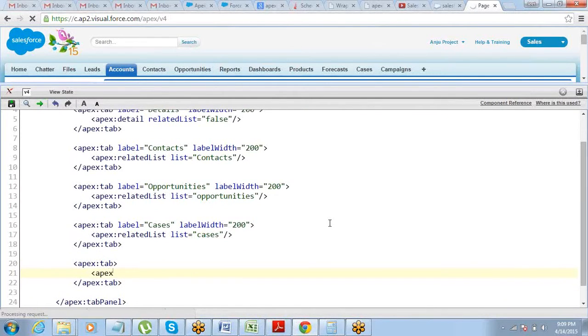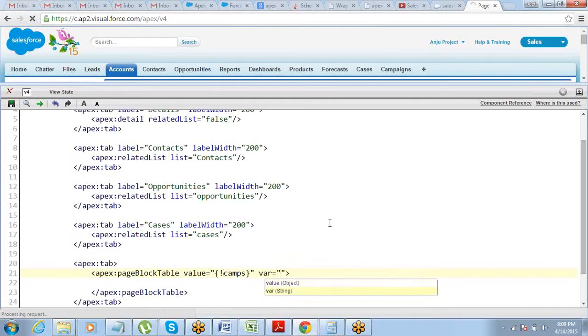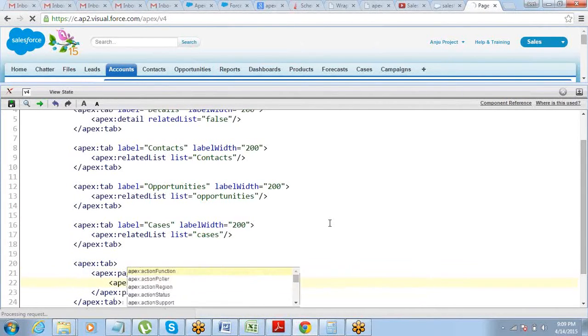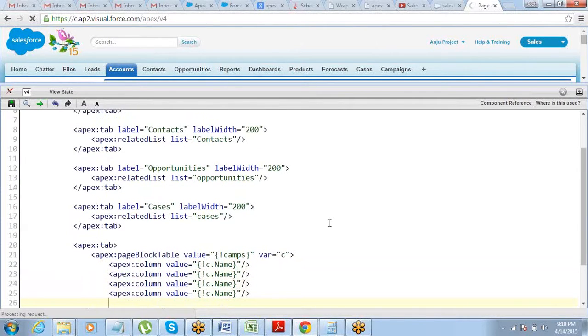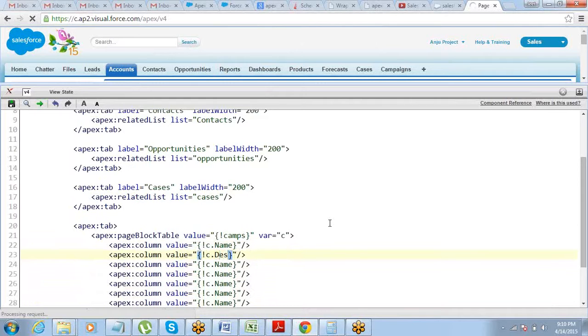Inside the tab there should be a page block table, value camps, variable c, apex column, value c.name, or whatever data you want to display here: name, description, start date, end date, budgeted cost, actual cost, and status.